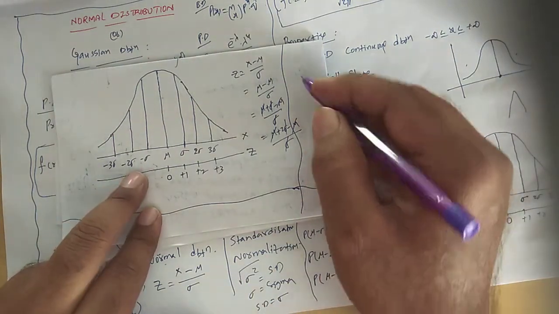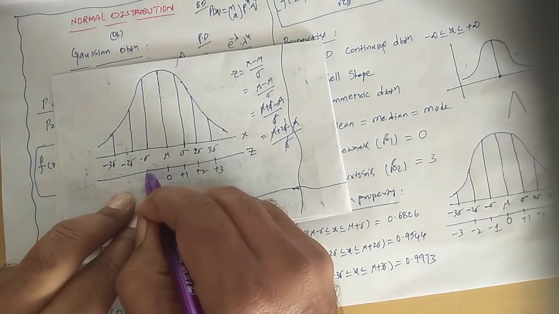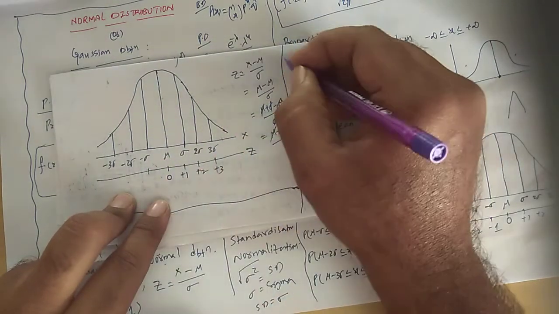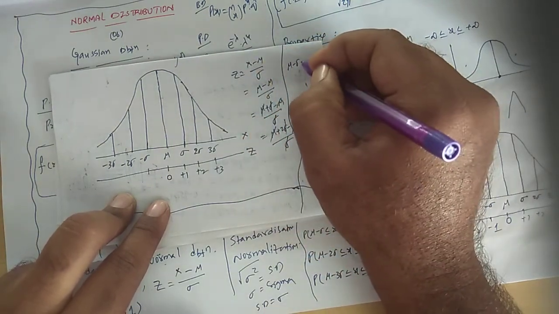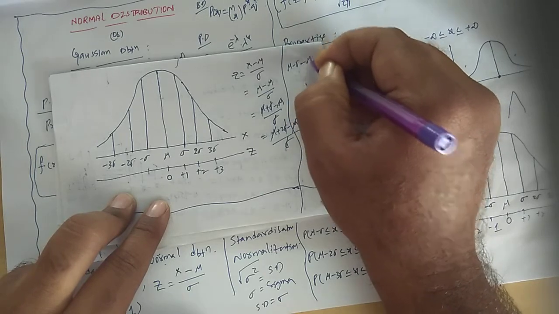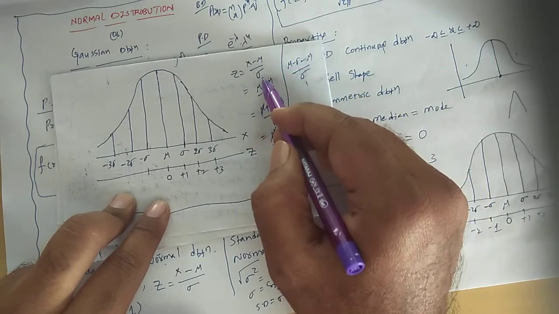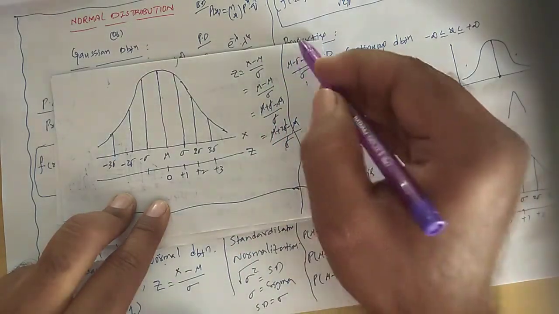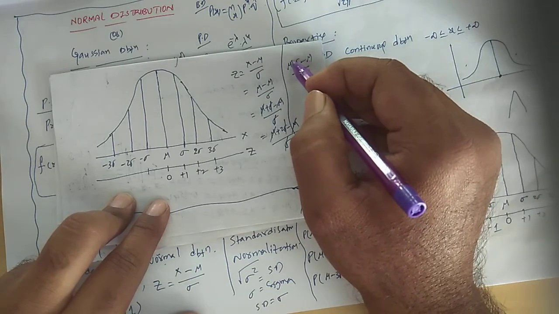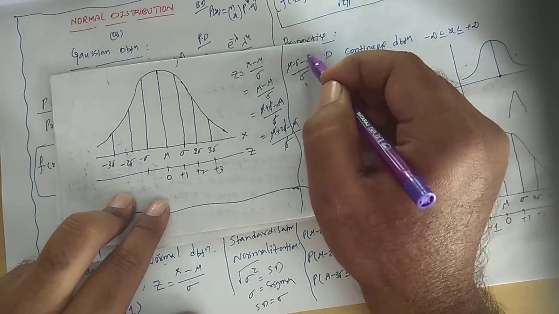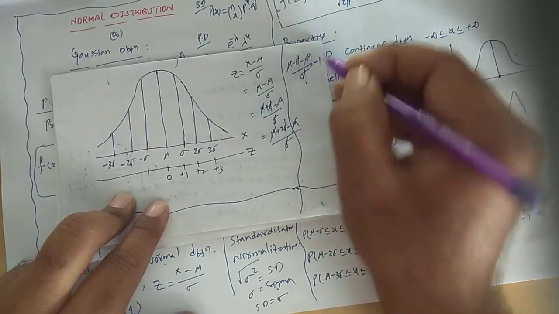Let us go to the negative side also. So what does the minus sigma value of x become under z? From here what is the distance? Mu minus sigma. Same formula. Okay, minus mu by sigma. So instead of x what am I substituting? Mu minus sigma. The remaining thing I am writing as it is. So again here also, what do you get? Mu gets cancelled, sigma sigma gets cancelled. What do you get here? Minus 1.